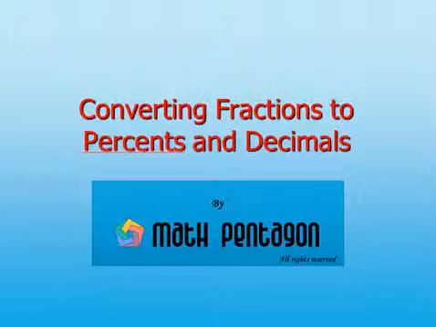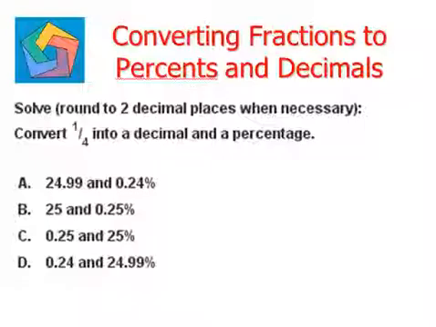To understand this concept, let's look at some questions. The first one says: solve, round to two decimal places when necessary, convert one fourth into a decimal and a percentage. Now, in order to convert a fraction into a decimal, first we will divide it. Say 1/4 is 1 divided by 4. So that means